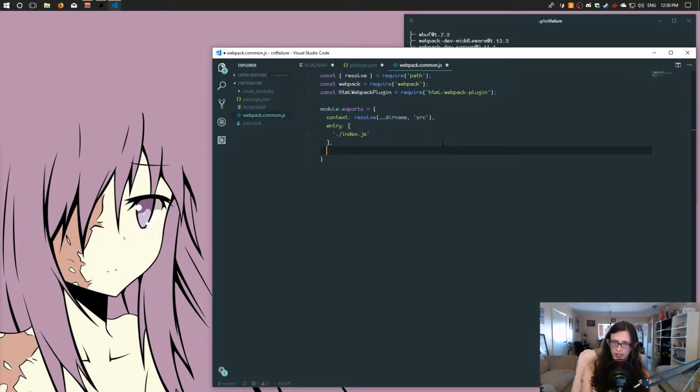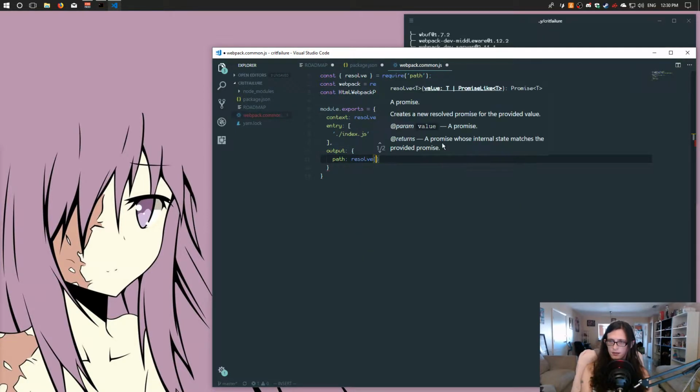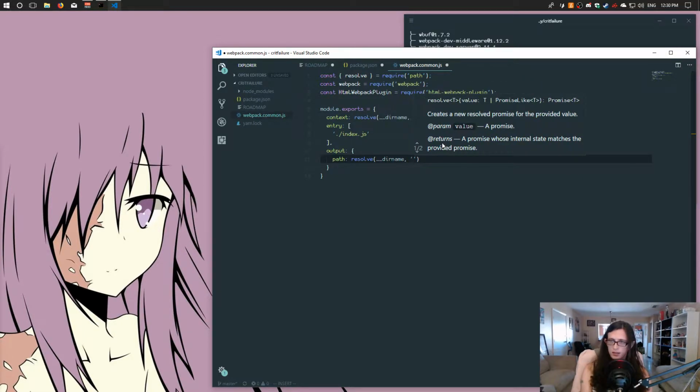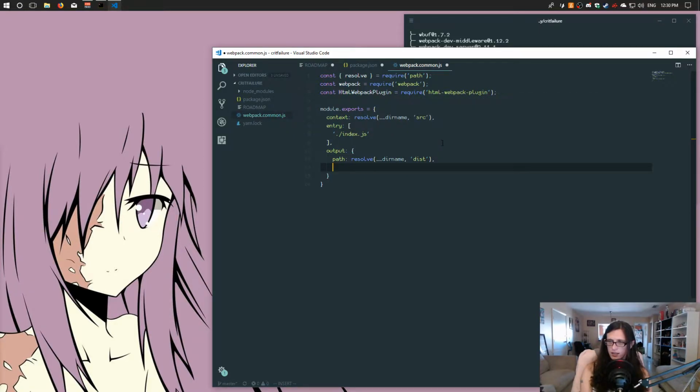And when we get to styling, I'll add the SCSS importer. Output is going to need path.resolve(__dirname, 'dist'). Don't need a trailing slash there. Filename is going to be name,